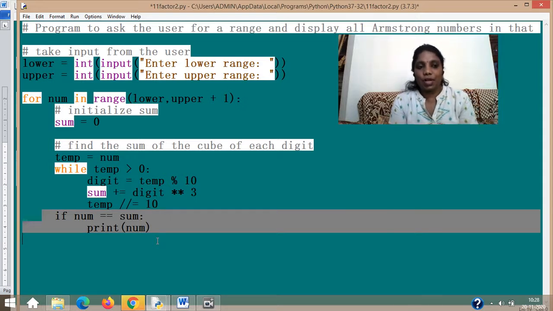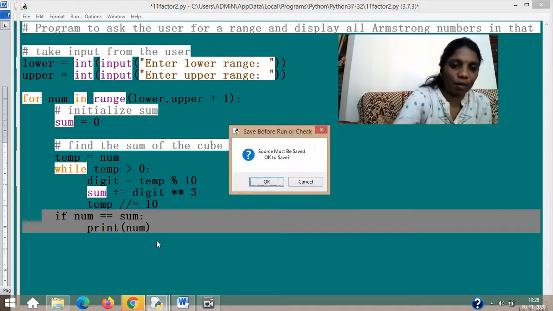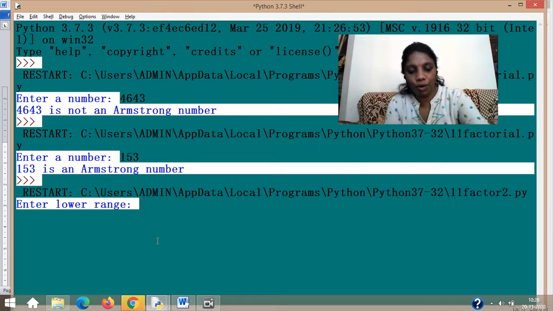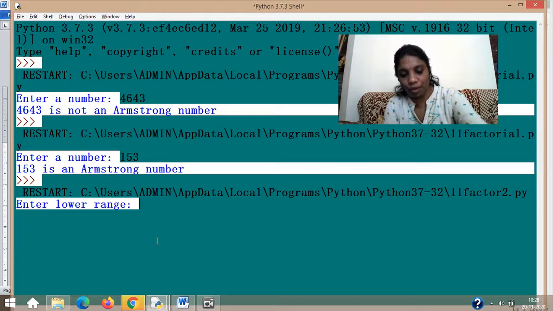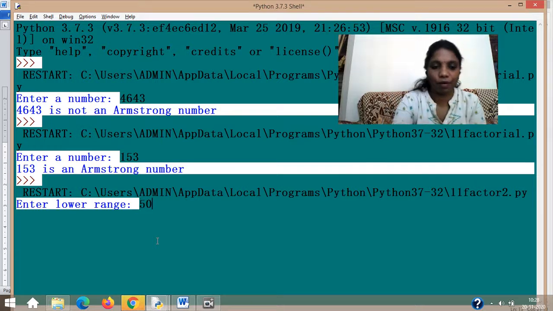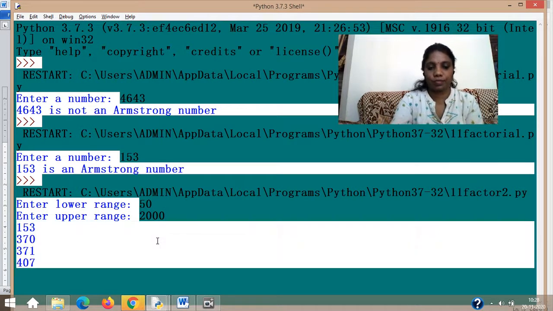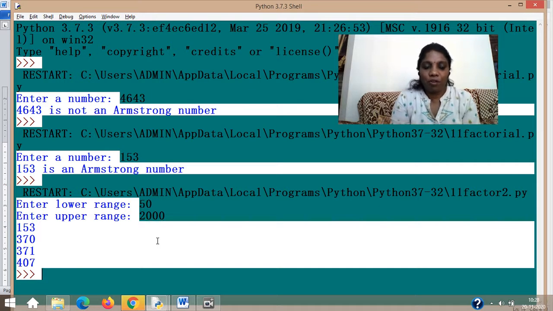So let's see how this is done. So you have your lower limit and upper limit. Let's run the program and see how it's happening. I'm giving the lower range. I don't want to go to any other number. So I'm starting with 50. I'm starting number 50 and the ending number is 2000. 50 to 2000, again, those are the numbers which I showed earlier, are the only numbers which are matching.